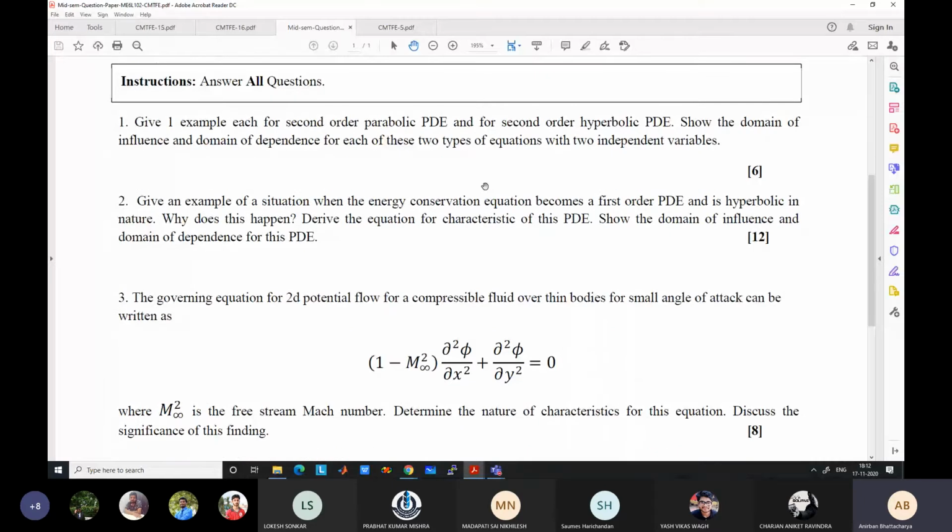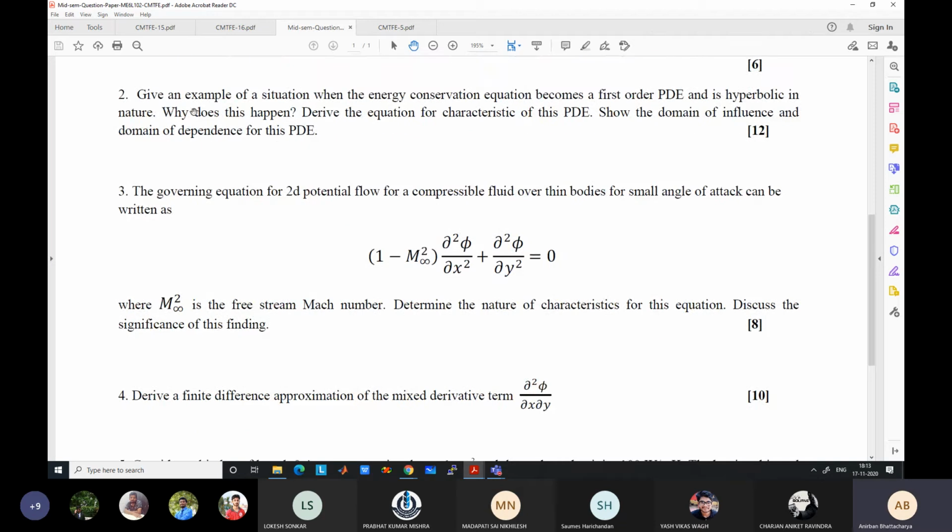By the way, for the first one, you can give other examples also. It is not that you have to give these two examples. You can give any other example, general example, mathematical example also. But these are the most common physical examples. If you are unable to come up with any other examples, these were already discussed in the class. But you should be able to come up with other examples also. If I mention that apart from the 1D unsteady heat conduction equation, give an example of a parabolic PDE, you should be able to come up with such a situation.